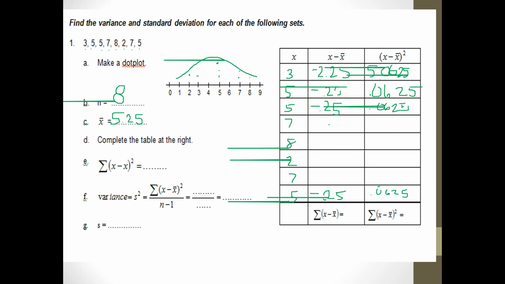So 7 minus 5.25 is going to give me 1.75, and I've got another 1.75 down here, and I'm going to hit squared on my calculator, and that's going to give me 3.0625, and over here I've got 3.0625, and now I'm going to do 8. 8 minus 5.25 is 2.75, and we're going to square that, and that's going to give me